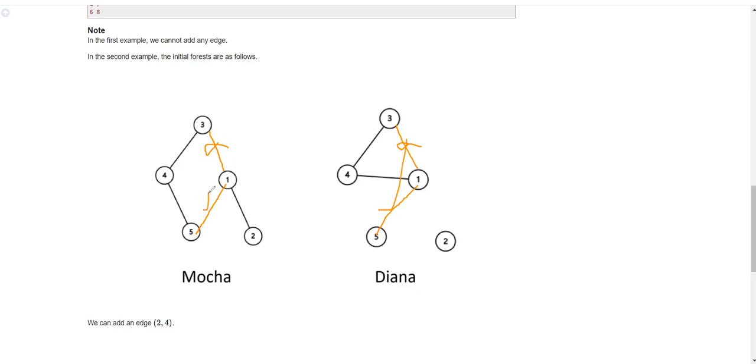We can do this one, so we will take this in our result. Apart from that, once we have added an edge between 1 and 5, all nodes are connected with each other. Now adding any more edges will create a cycle, so we won't do that.